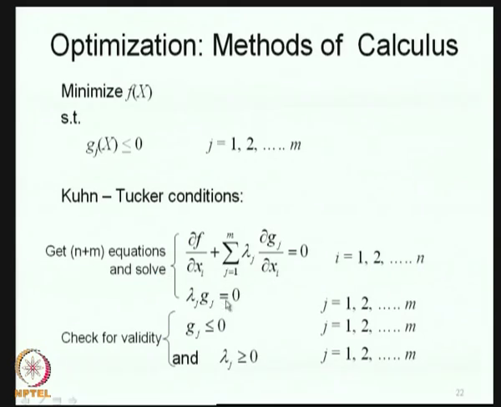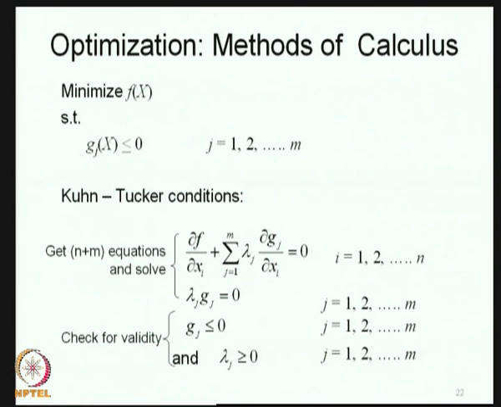That means, these two conditions will remain the same. This condition is dependent on the type of constraints that you have. For example, if the jth constraint can be greater than or equal to 0, then you put the jth constraint as greater than or equal to 0, and the sign of this will depend on the nature of the objective function and the particular type of the constraint, whether it is less than or equal to 0 or greater than or equal to 0. So, this is how we formulate the Kuhn-Tucker conditions for any given optimization problem,